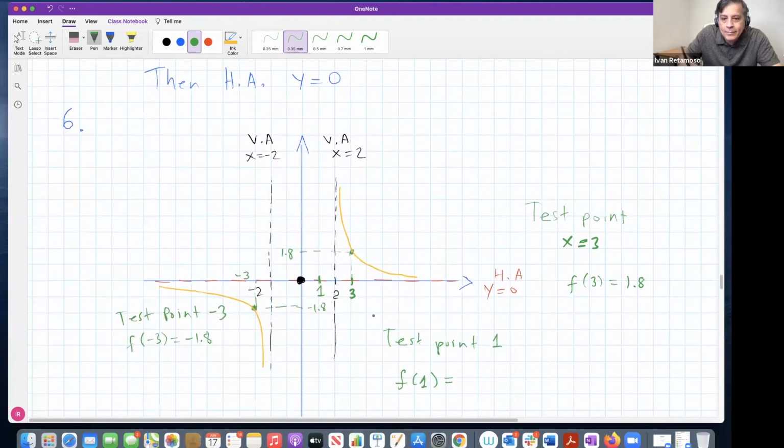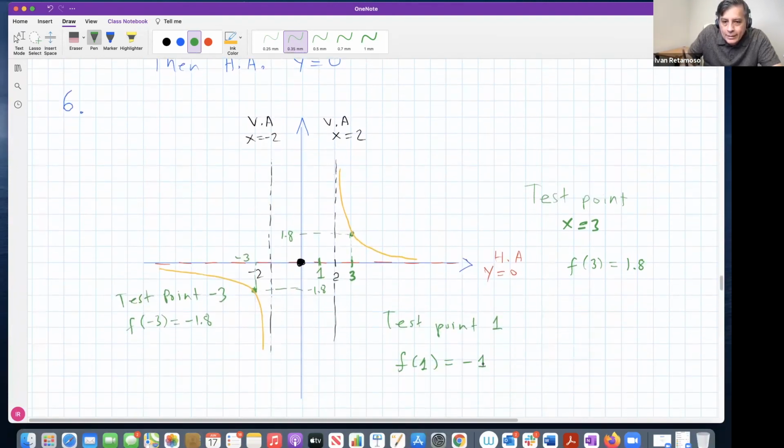So 1 is -1. You can get it in the calculator, right? So this one, guys, should be paired up with -1, should be here, right? Let's put a dot there. And similarly, if you use a test point -1 here,